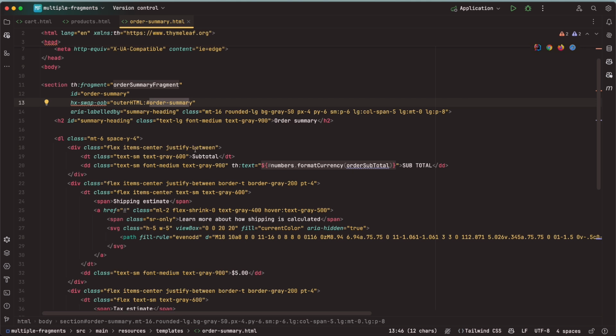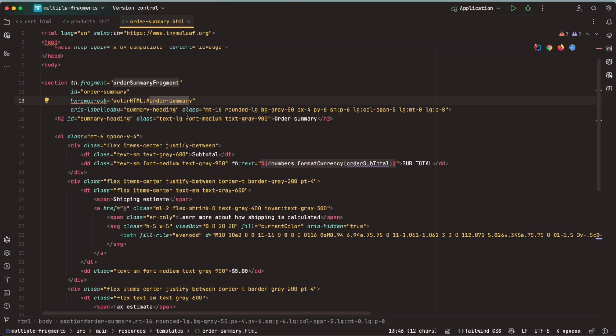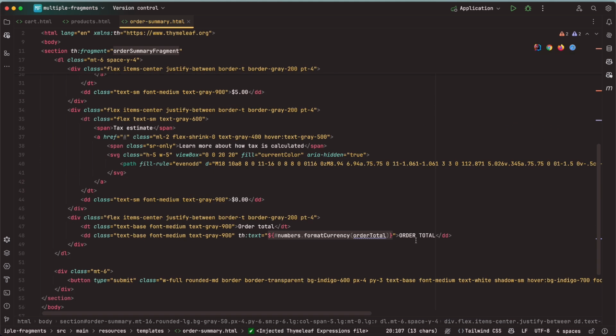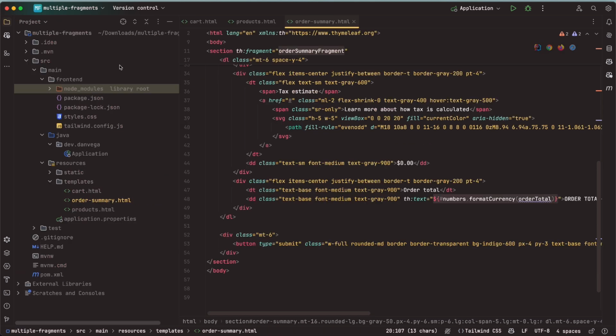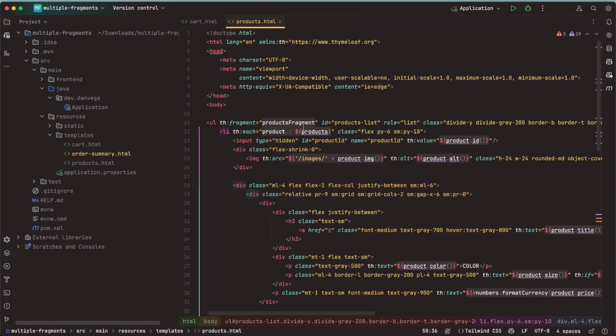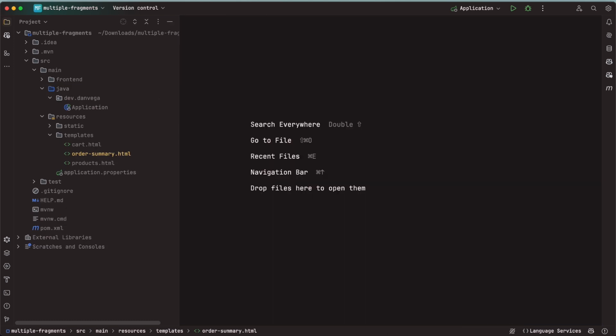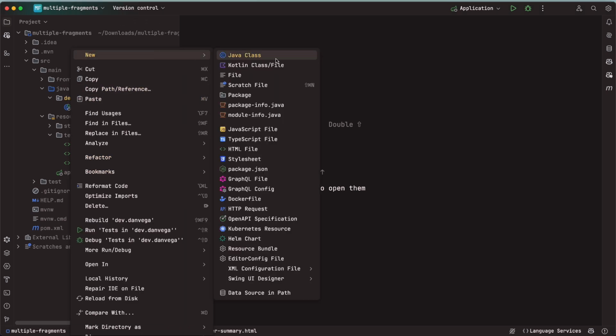We're going to push in some variables in here using the model and view in Spring. So we'll get things like the order subtotal and the order total, and you can see we're displaying those using some formatting there. Okay, so that's the interesting bits on kind of the front end stuff. Let's kind of make this work. And the way that we're going to do that is I want to start with